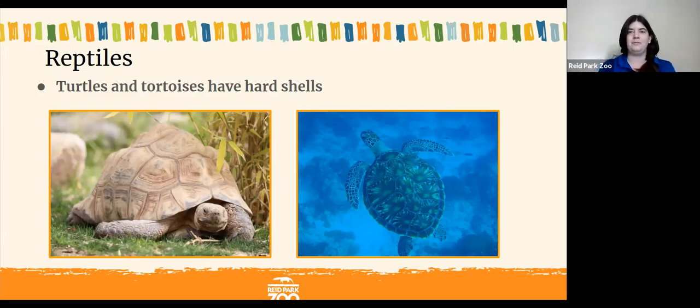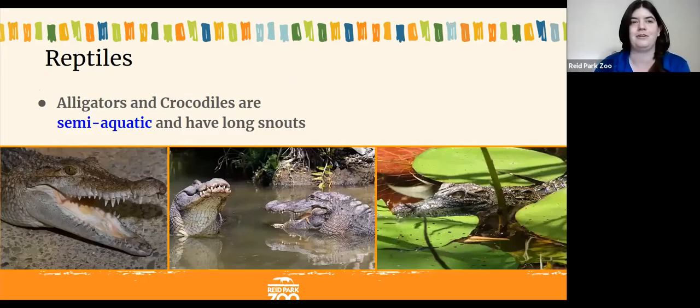And then our last group of reptiles are the alligators and the crocodiles. Scientists define alligators and crocodiles as being these long reptiles. They're going to be semi-aquatic, meaning they still have that dry skin, they still have those leathery eggs, but they spend a lot of their life in the water, but they spend a lot of it out of the water as well. And all crocodiles and alligators are going to have those long snouts, and the eyes and nostrils on the tops of their heads, so they can sit and wait in the water for a long period of time, be able to hide, and be able to breathe.